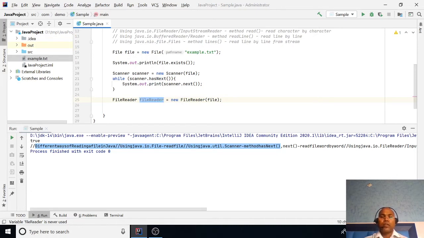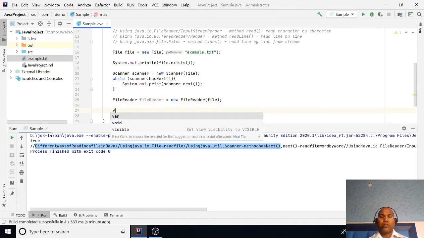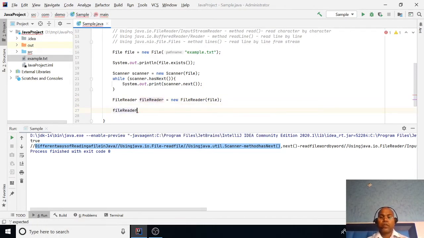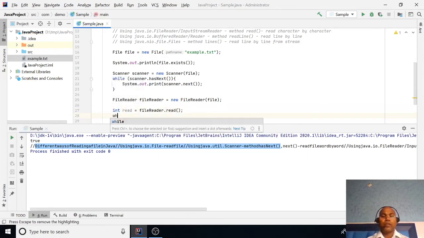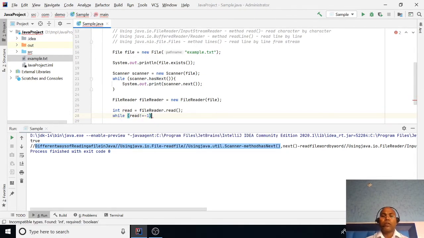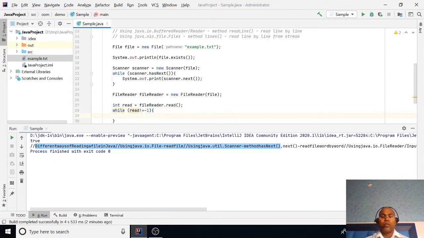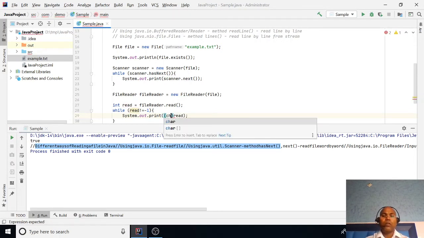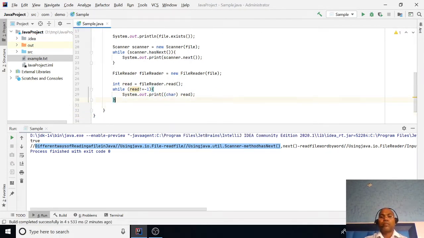If you notice, it has the function dot read, which reads a byte. And we check if read is not equal to -1, the end of file, then we print the read value, converting the integer into a char.